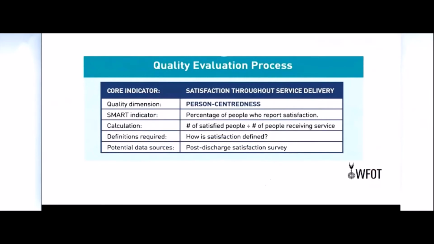One, where we first look at what the quality expectations are around the service, and then to delineate what the core indicator is, to really define the SMART indicator from the core indicator. And that means looking at how you're going to calculate that outcome, how you're going to define any of the terms that you use within that indicator, and looking at where you're going to get the data that you need